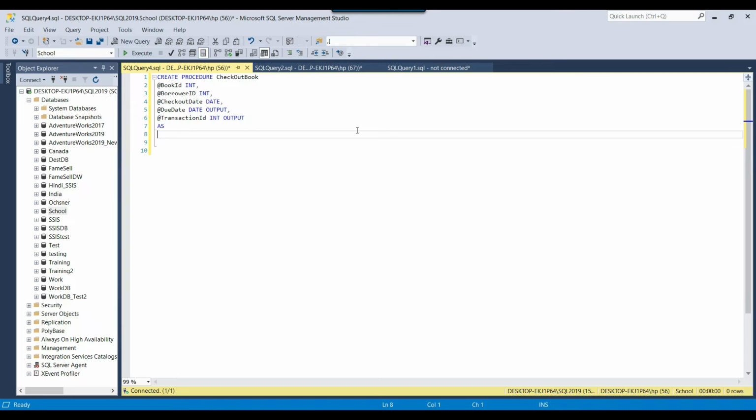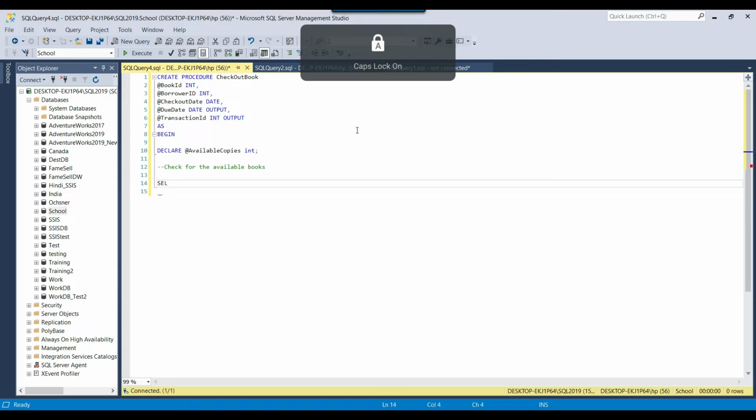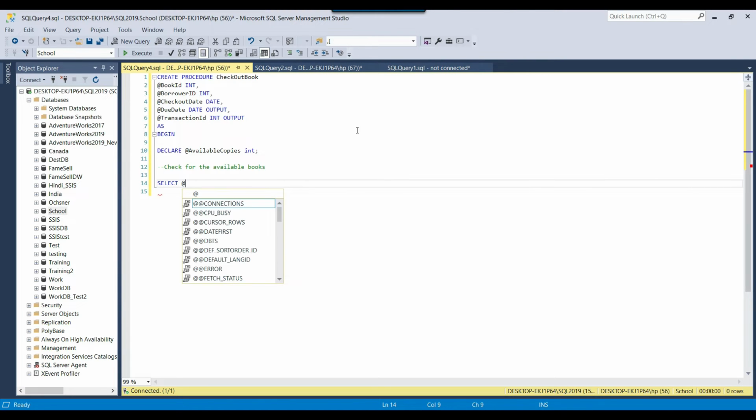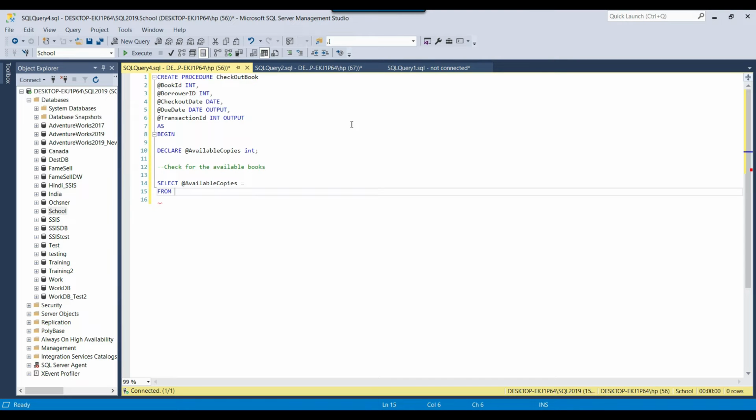So I can write BEGIN. And now the first variable I will declare is for the available copies. So I can write DECLARE @AvailableCopies INT. Okay, so this is the first variable that we will use. Now the first thing that we will do is check for the available books. So how will we check it? We will write a select query like SELECT @AvailableCopies = from